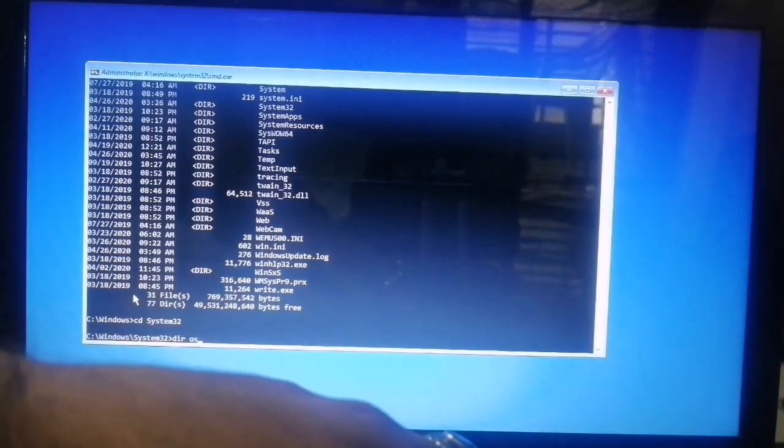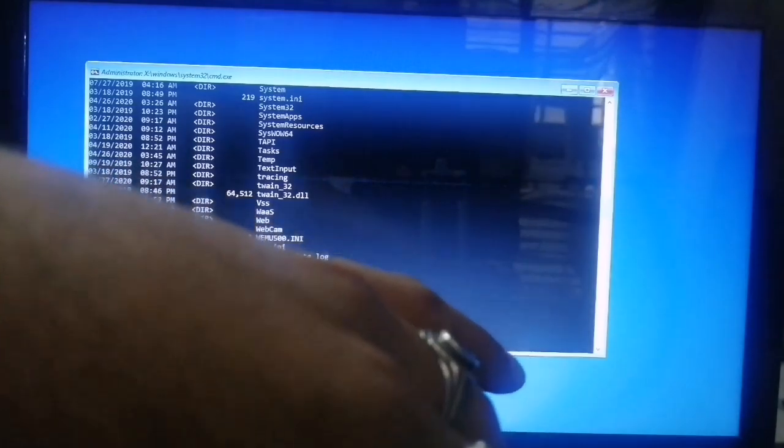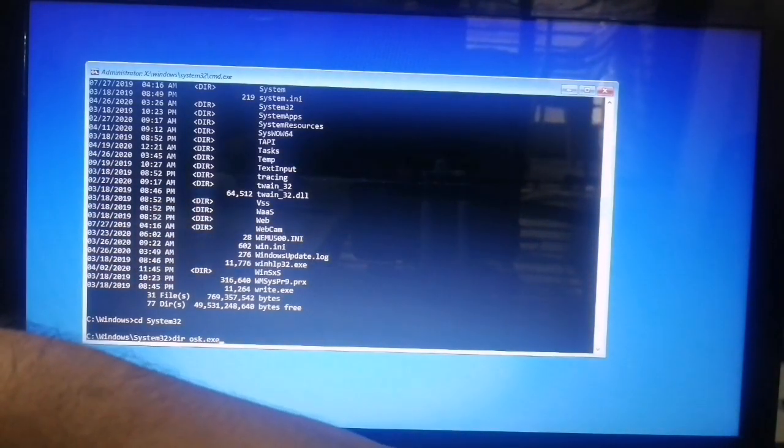Then you just have to make one change on osk.exe. You just have to change the keyboard with the command prompt.